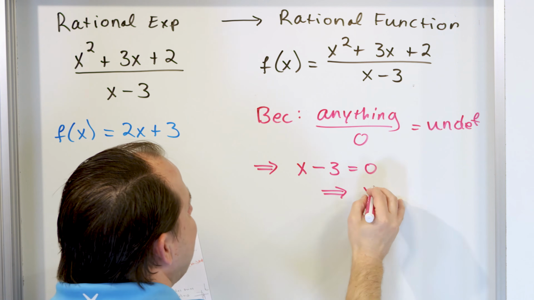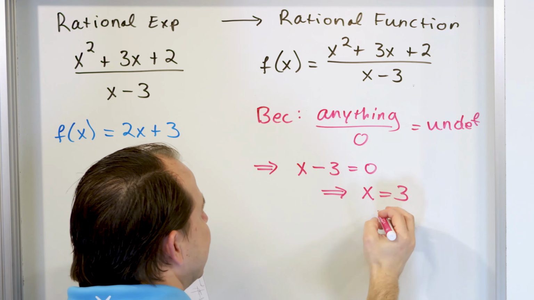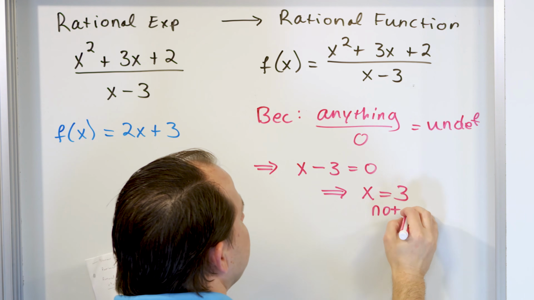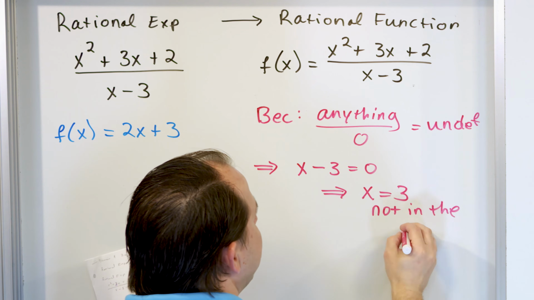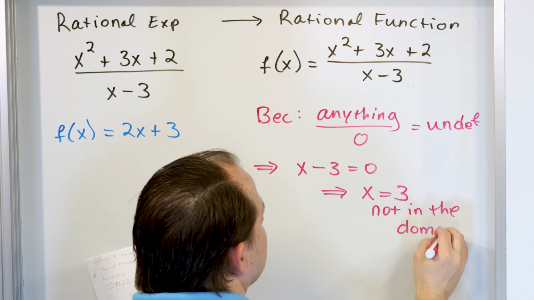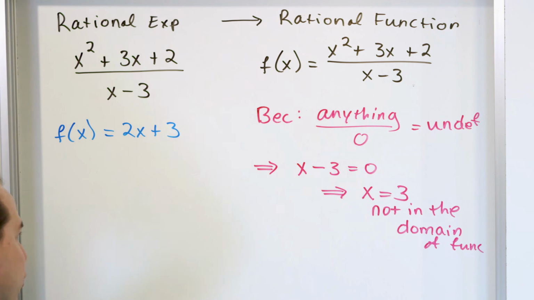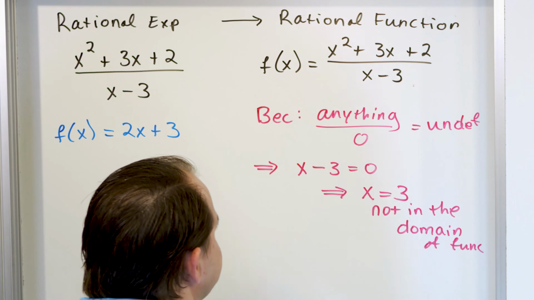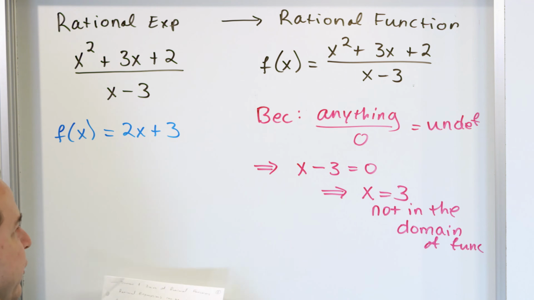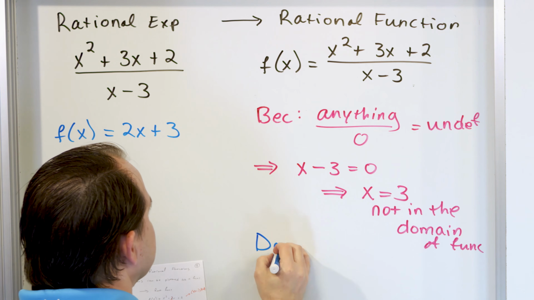That means when x is equal to 3, that is not in the domain of the function. So if I were going to write down the domain of this function, right? If I were going to write down the domain of this function,